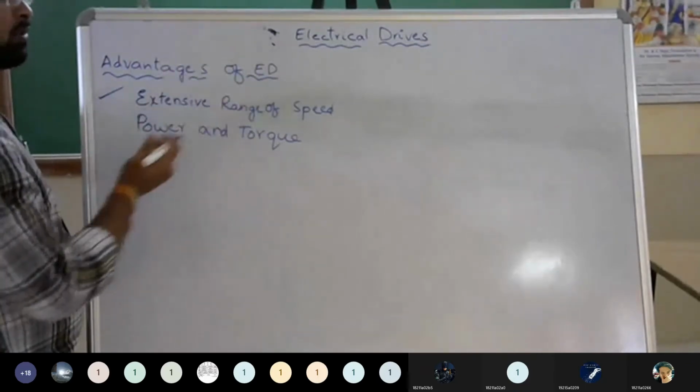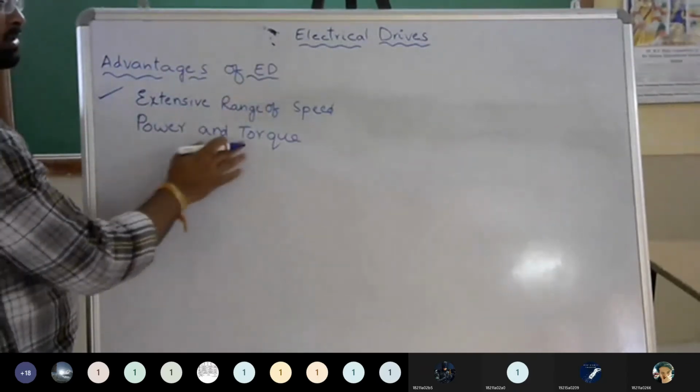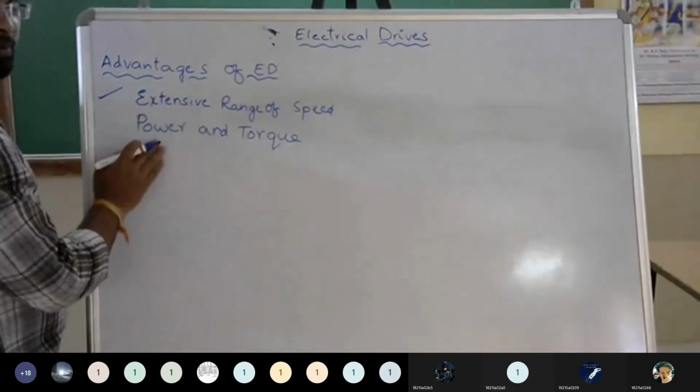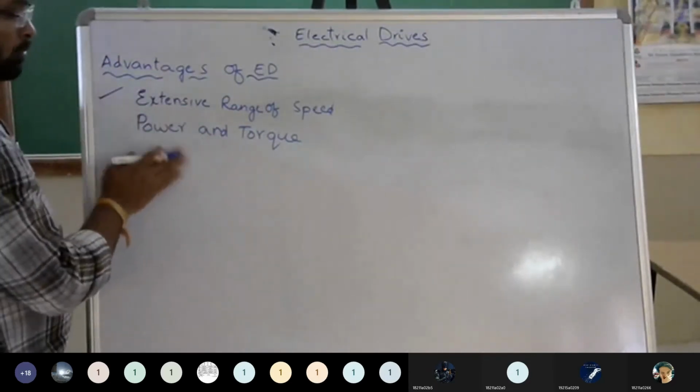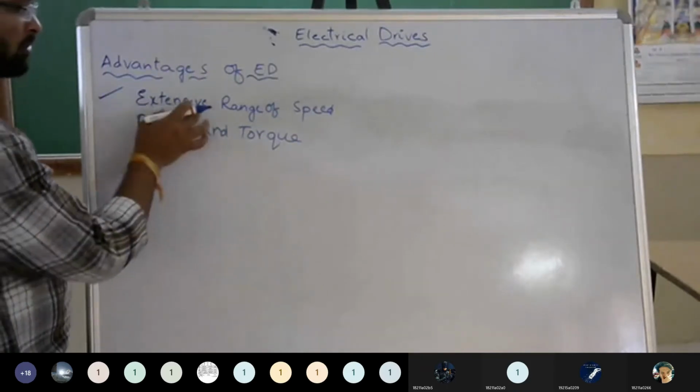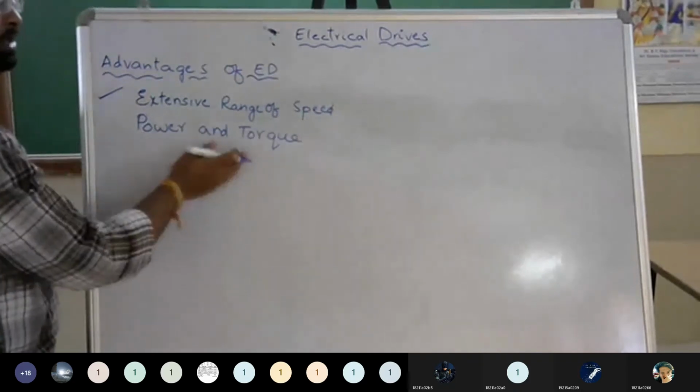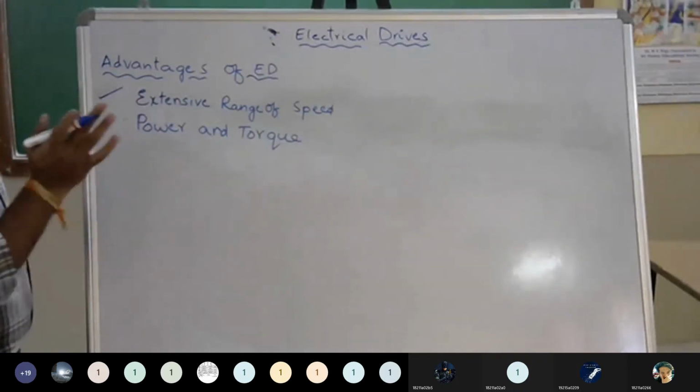We already discussed the number of drives. In that, we said that stable torque drives are also available, and for the high power range and the low power range we use different supplies. So we have an extensive range in speed, power, and torque. We are getting so many drives.